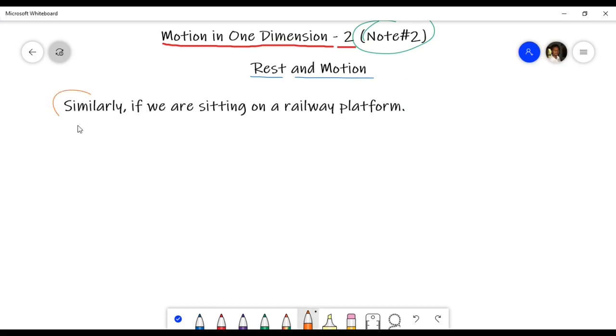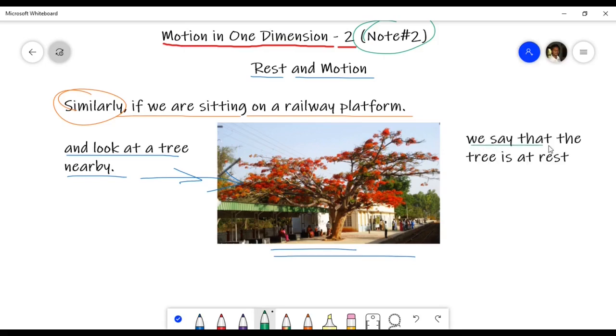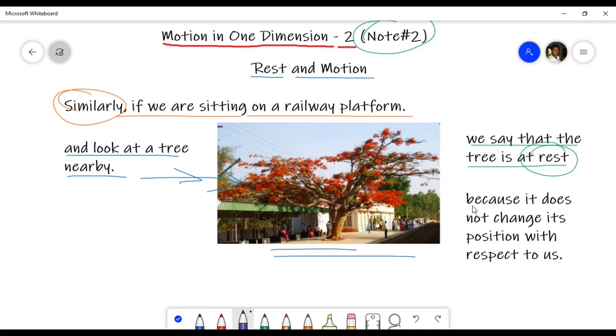Similarly, if we are sitting on a railway platform, I hope most of you have had this experience, and you look at a tree nearby, remember that you're sitting on a railway platform, we say that the tree is at rest, right? Why do we say that the tree is at rest? Because it does not change its position with respect to us,